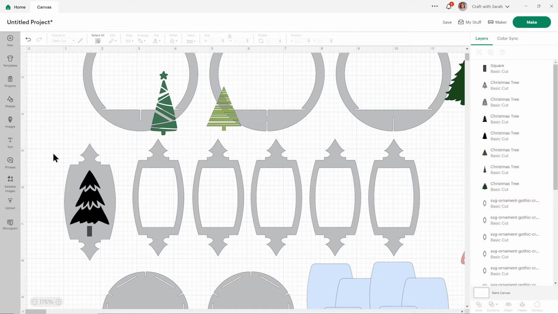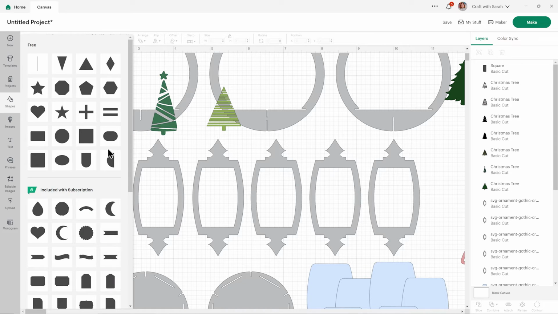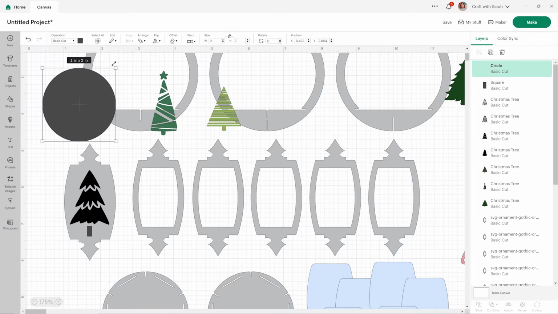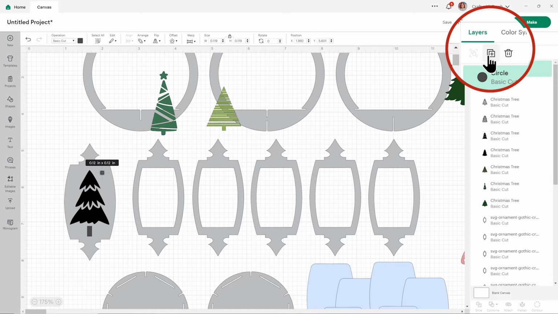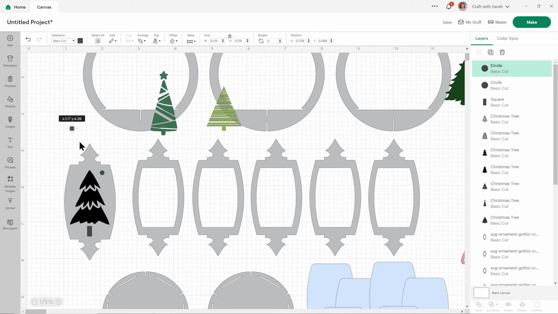If you want to, you can also add extra details. For example, I could add some little stars or circles to look like snow. We'll go for some little snow circles. Make that really small. And add a few of these in the background.